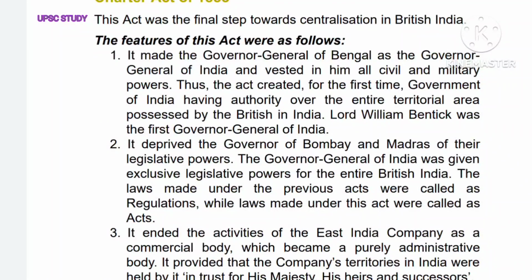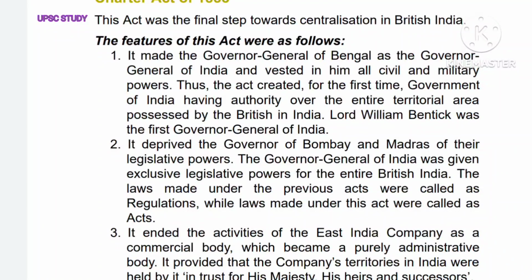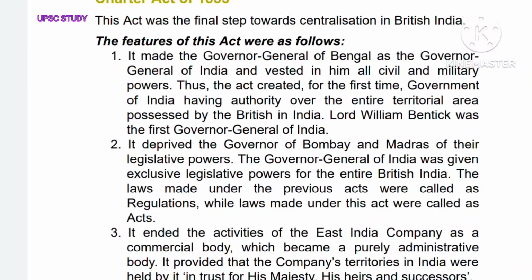Number 2. It deprived the Governor of Bombay and Madras of their legislative powers. The Governor General of India was given exclusive legislative powers for the entire British India. The laws made under the previous acts were called as regulations, while laws made under this act were called as acts. Number 3. It ended the activities of the East India Company as a commercial body which became a purely